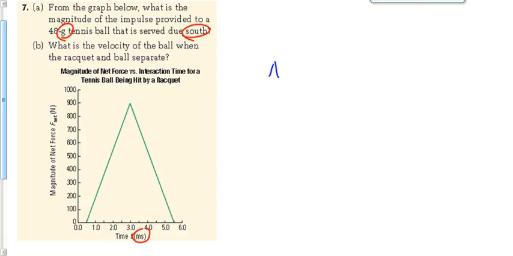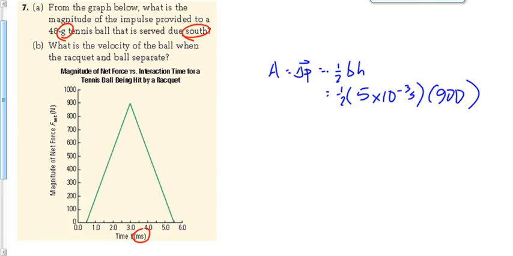We're going to say the impulse is the area, and that's simply going to be 1/2 base times height because it's a triangle. The base goes from 0.5, it looks like, to 5.5. The base is going to be 5 times 10 to the minus 3 seconds. The height is going to be, what, 900? What is it, Fraser? 2 point. Exactly. 2.7 Newton seconds.